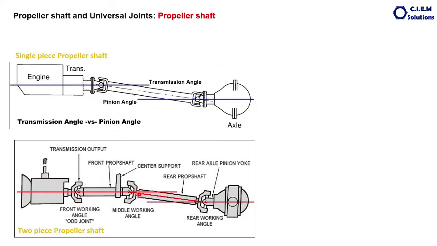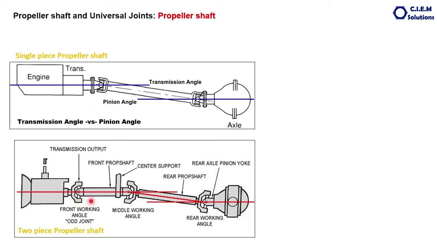Here also. Here, why the third universal joint? As explained to you, if the distance between this transmission and the differential is more, use two-piece propeller shafts. This is one propeller shaft, this is the other propeller shaft. These two propeller shafts are connected with a third universal joint, because here also flexibility is required. This axis is different, again this axis is different, and here you cannot connect this directly to the transmission because of various reasons